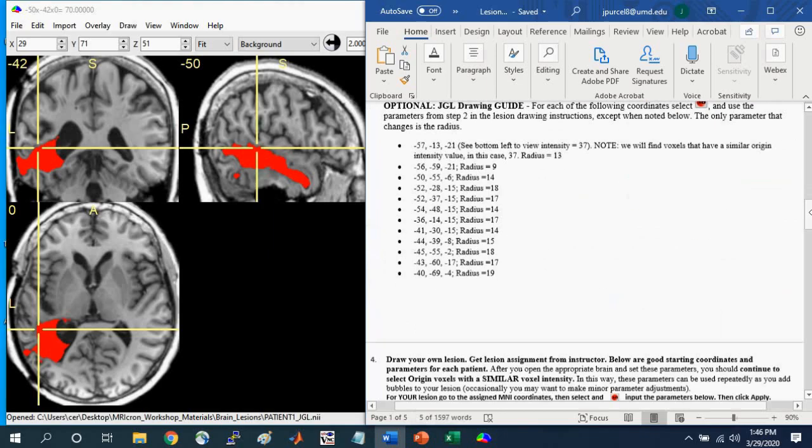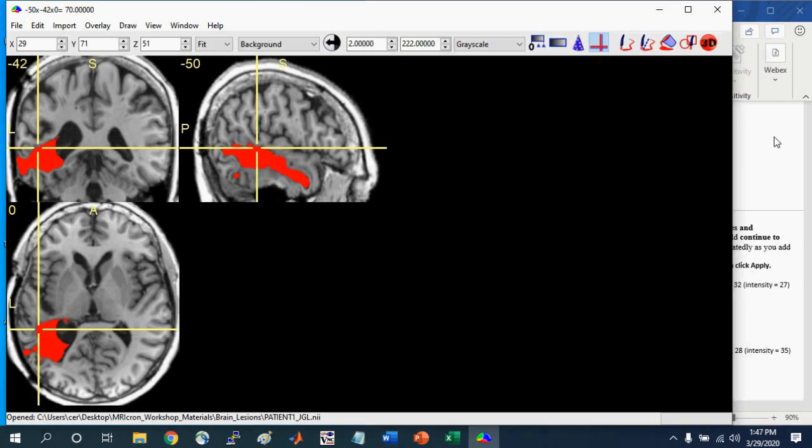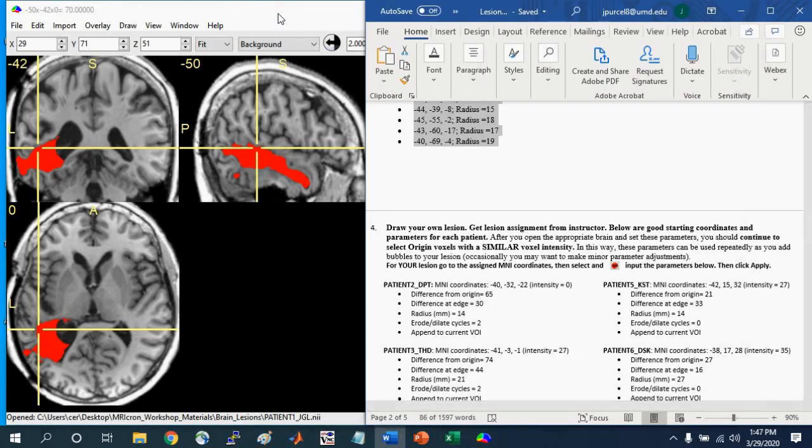So if you go then to this coordinate, the -56, -59, -21, and input a radius of 9, you'll then add another bubble and keep adding these bubbles. Eventually you'll get to a final lesion that I think is of reasonable quality for at least a good first draft of JGL's lesion. So another important exercise is for you to compare the lesion you've drawn to that of